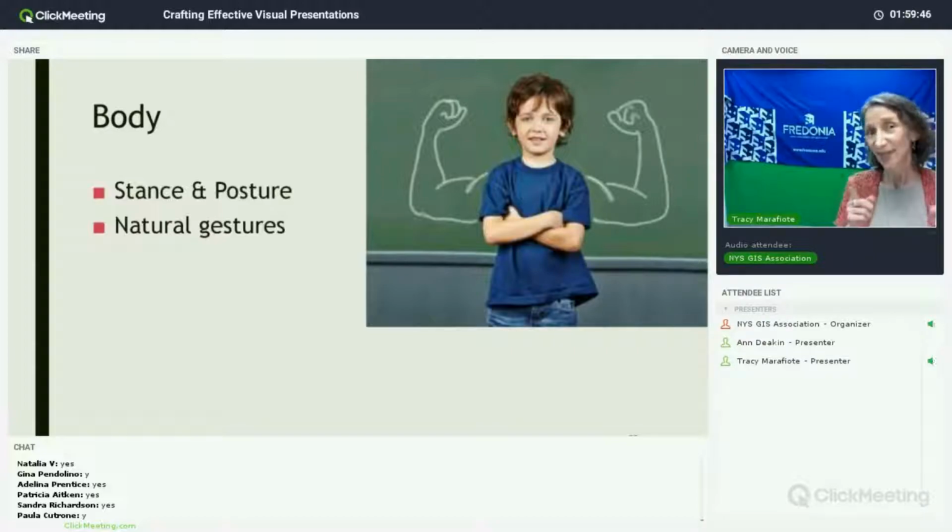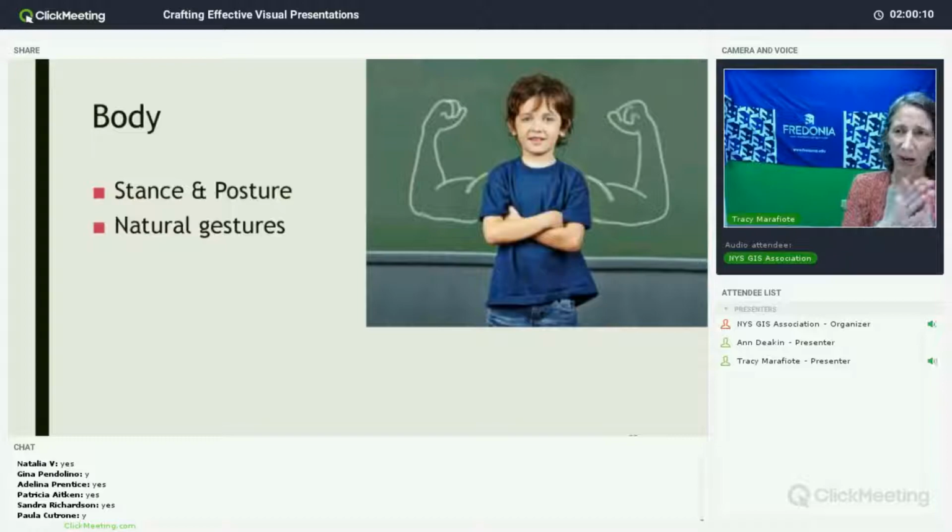We want to make sure that we're using natural gestures. And ironically, the less you think about your hands, the more likely you are to use natural gestures. You can't see what I'm doing here, but you're not going to put your hands in your pockets, because if you put your hand in your pocket, it's going to lead you to do things like this. And that's really annoying and distracting. So use your hands naturally. They're going to emphasize what it is that you're saying. That's just what our gestures tend to do.